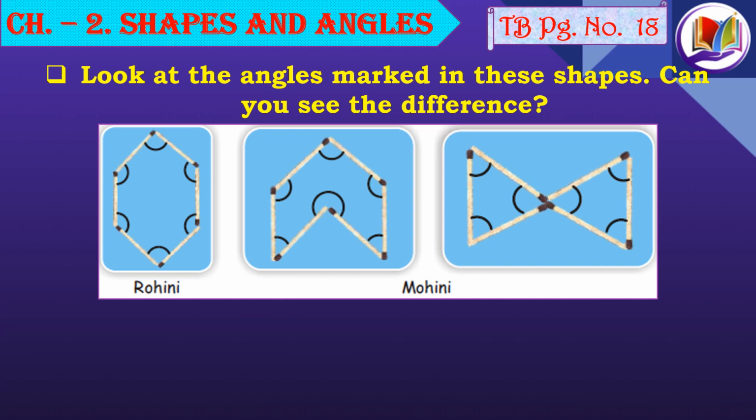What about these angles? Well, here these two angles, if you observe, are more than 90 degrees, that is obtuse angles, whereas the below two angles formed in this shape are acute angles. That means you can form different shapes by just changing the arrangement of the matchsticks and check out the different angles.